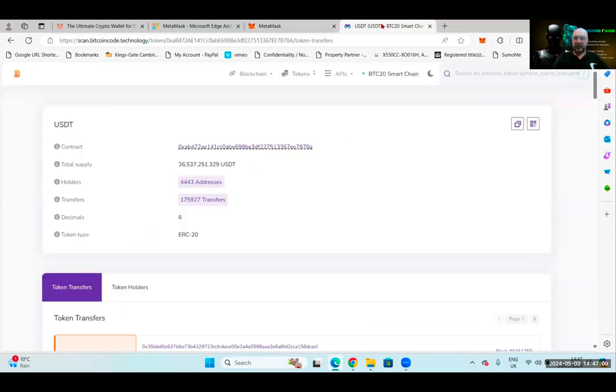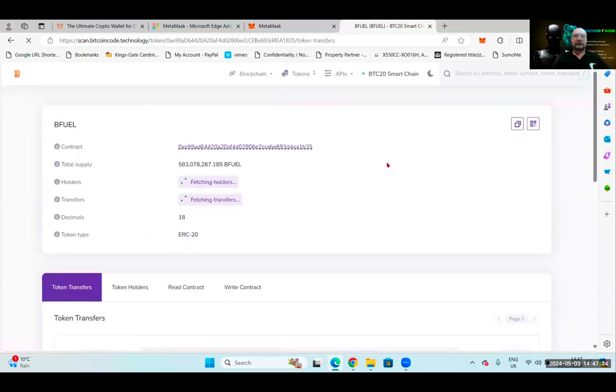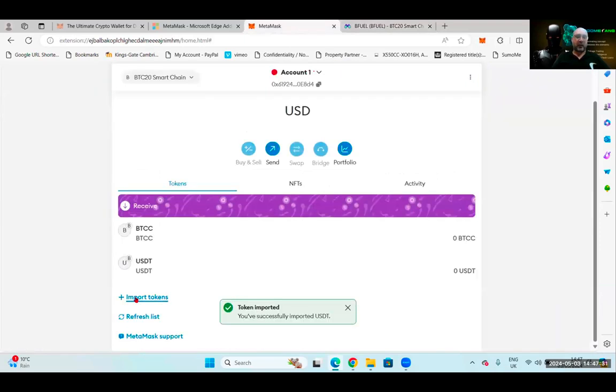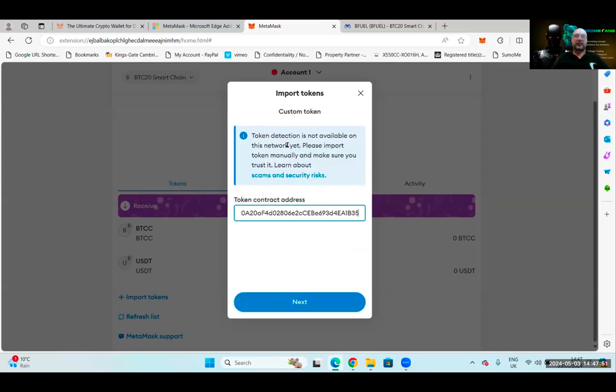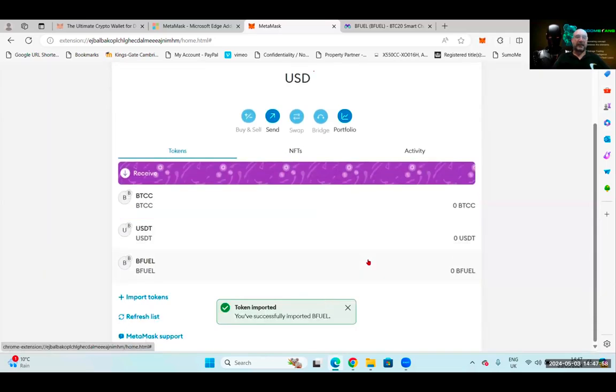So now you come back to the blockchain, click tokens, click all, and now you go to number 3, which is BFuel. So click on BFuel, and that's the contract address there. So you copy it over here, come back to MetaMask, click import. So paste the address in. There you go. Click next. Now click import. And there you go. Now you can see you've got BTCC, USDT,